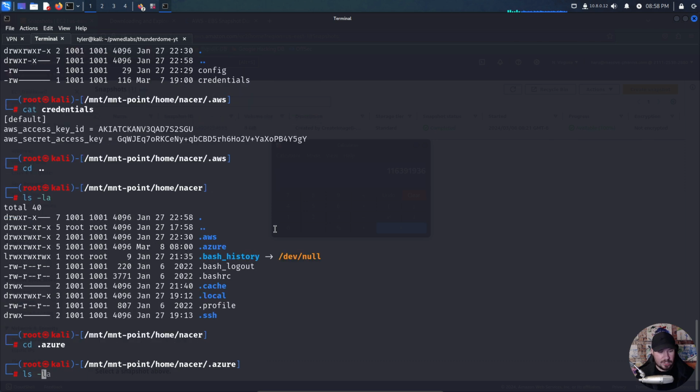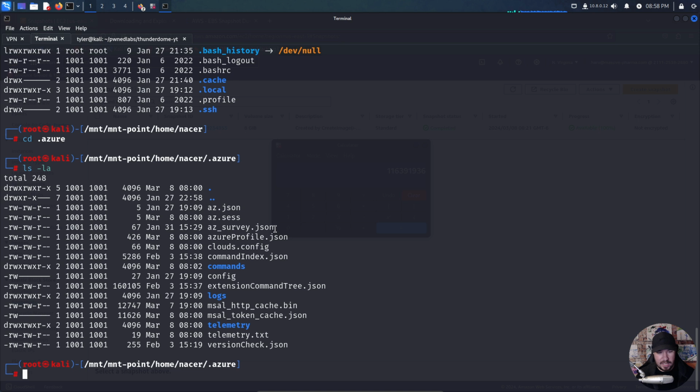If we go into Azure, do we have any interesting credentials here? One thing that would be interesting, which you'll learn as you work on Azure, is getting a refresh token. If you can get a refresh token in Azure, you can turn it into access tokens for different Azure services. You can actually exfiltrate Teams messages and emails and all those kinds of things. That is stored here, in the MSAL token cache. So if we cat that out,